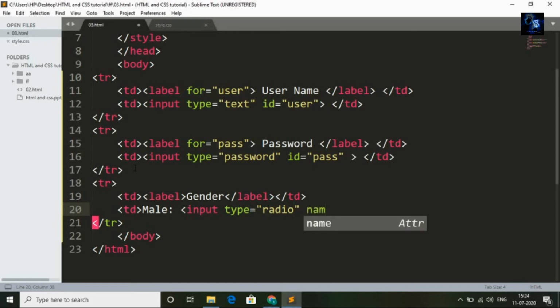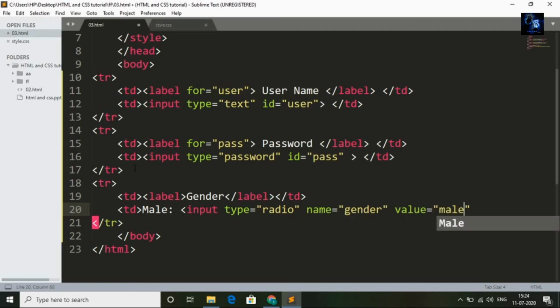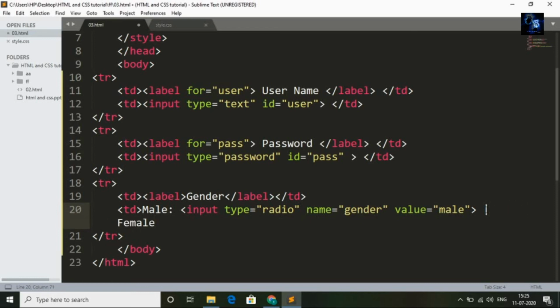Name, gender, and value male. If you are male, then you need to check this radio. Later I will show you. And one vertical slash, and for female, if you are female, then you need to choose this option.